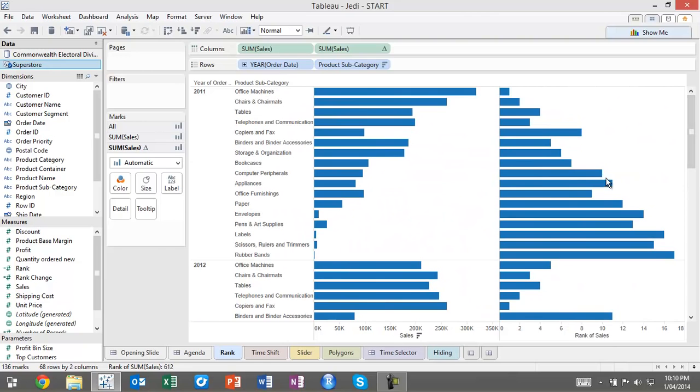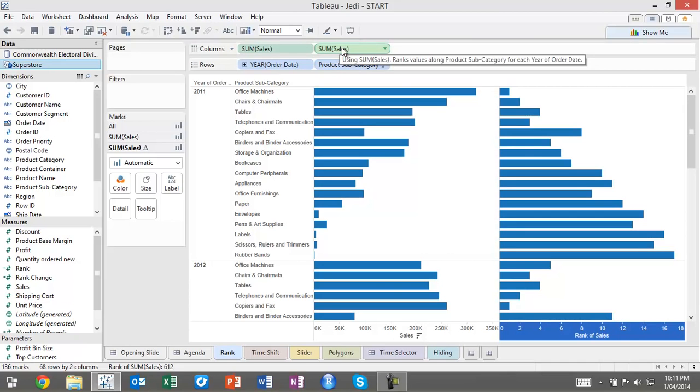Now I would like to just sort this, but because rank is a table calculation, I don't get the same ranking button or sorting button that we get over here. I could use this hover menu to apply a static sort, but if the data changed over time, we'd need to reapply it, and it's not a great solution. So what I can do, using this ranking function, is leverage a behavior that we know of Tableau when we work with discrete